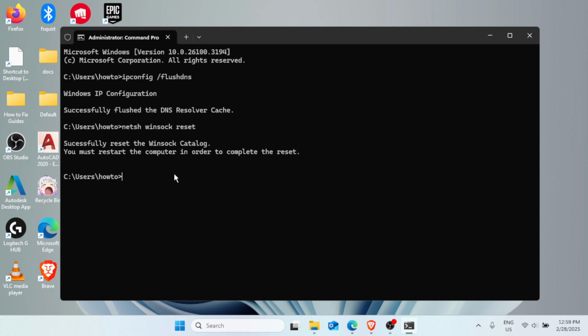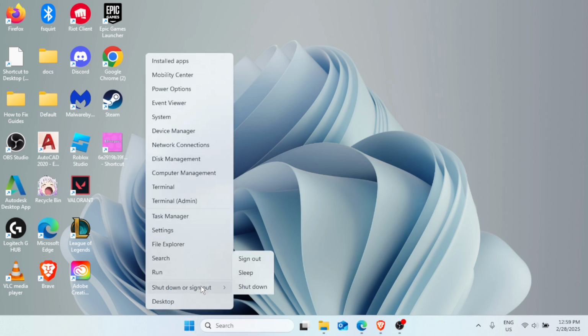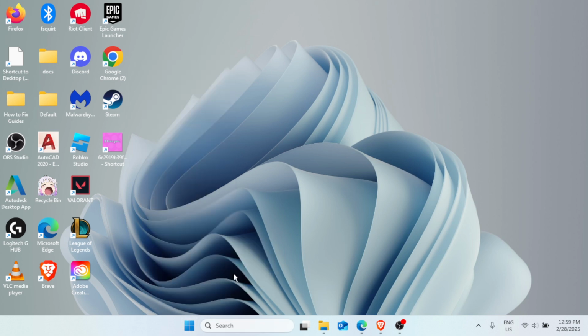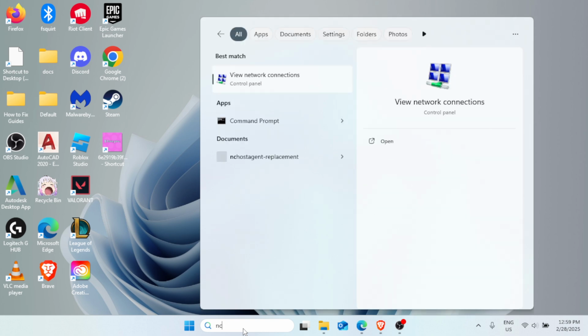Now you must restart the computer in order to complete the reset. Type exit, hit enter, and then right-click at the Start button, shut down or sign out, and restart your Windows. And for the next method, in the Windows search bar, type